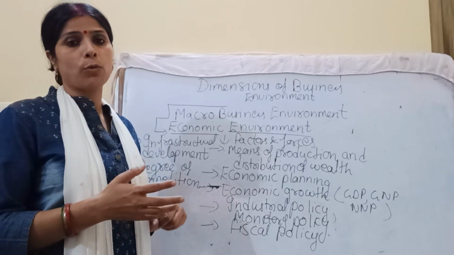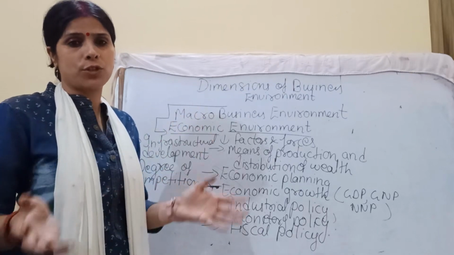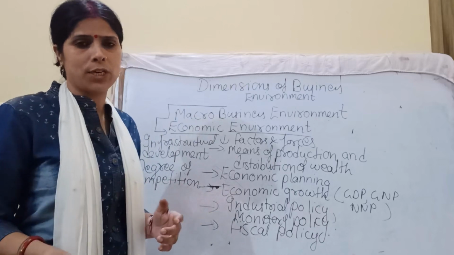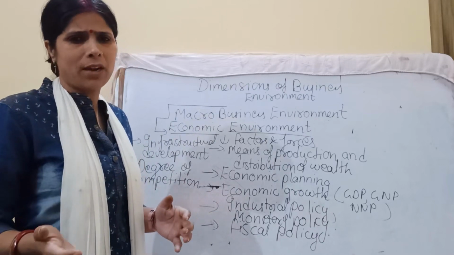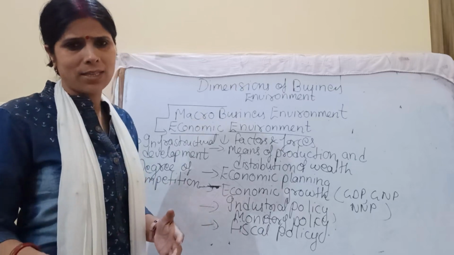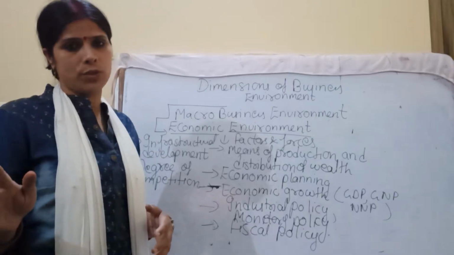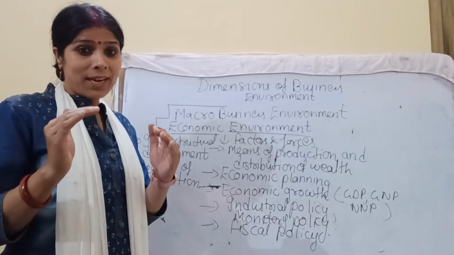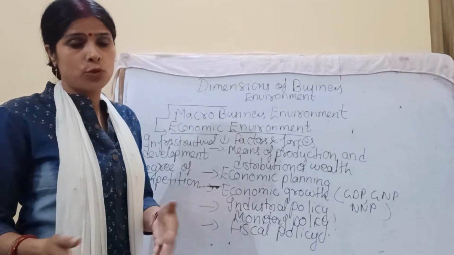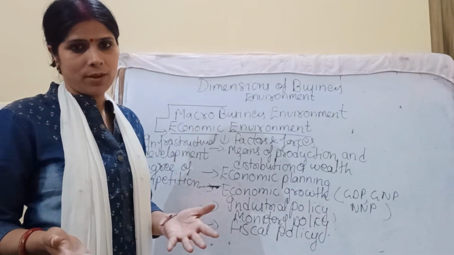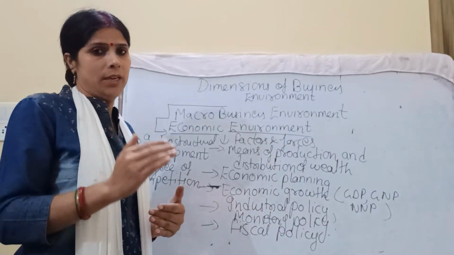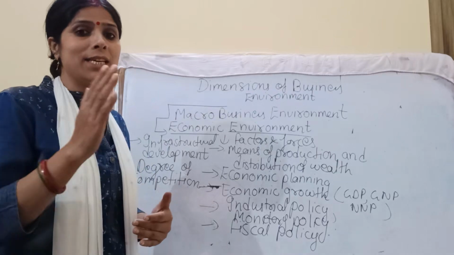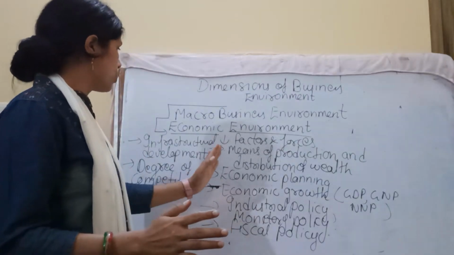We were talking about the open economy. So many restrictions like the MRTP, Restricted Trade Practice Act, and Monopoly Trade Practice Act, and restrictions related to compulsory licensing were removed. And it encouraged the private sectors to come forward. So the importance of private sectors increased after the industrial policy 1991. And this is the most important part.